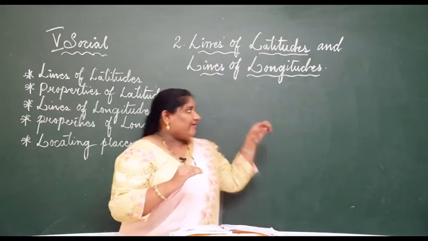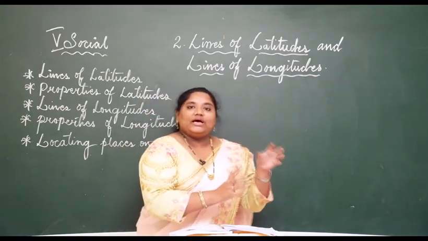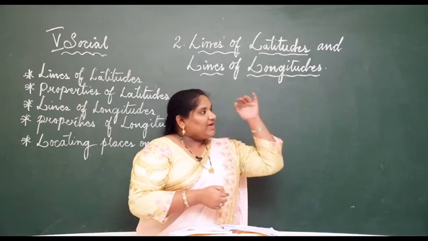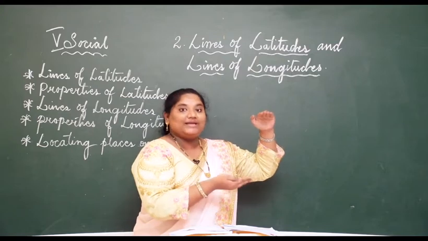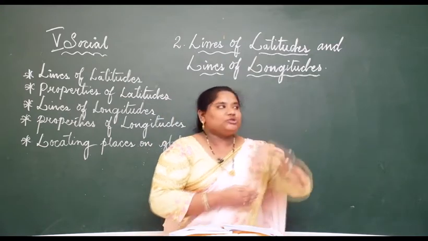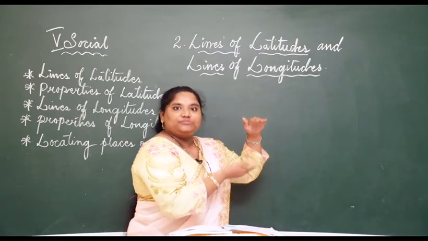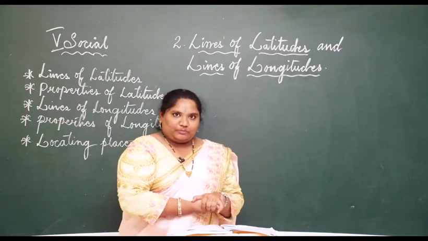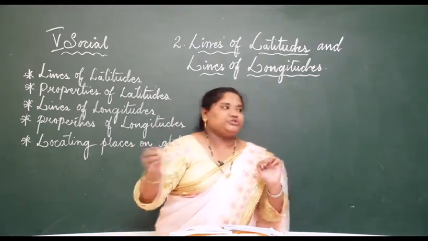So here we have points on a globe. When you see a globe, it has imaginary points. Very top is the north and the bottom to it is the south. Those are called poles. So the topmost is the north pole and very opposite to it, which is the bottom, is called the south pole. Okay, so here I'll show you by a drawing.